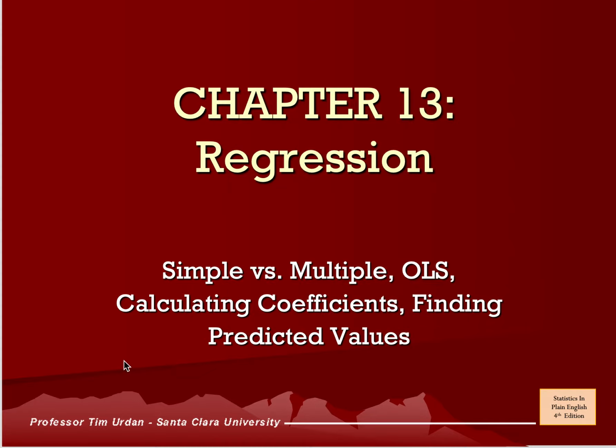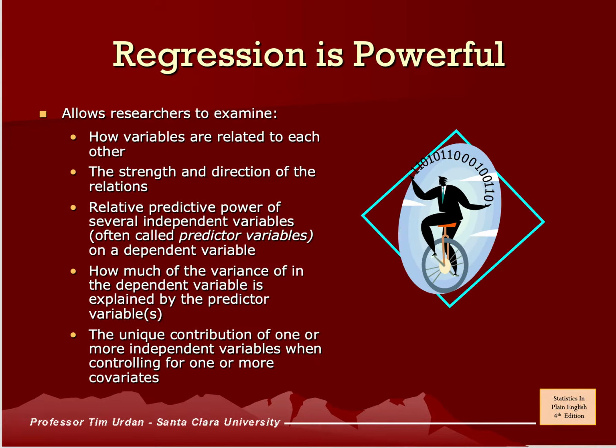This chapter, we're going to take a look at multiple forms of regression. Regression is a really powerful tool because it lets us examine some things that are different from hypothesis tests and slightly related to correlation. It lets us know how exactly these two things are related. Correlation tells us they're related, but regression gives us information on exactly what that relationship looks like with